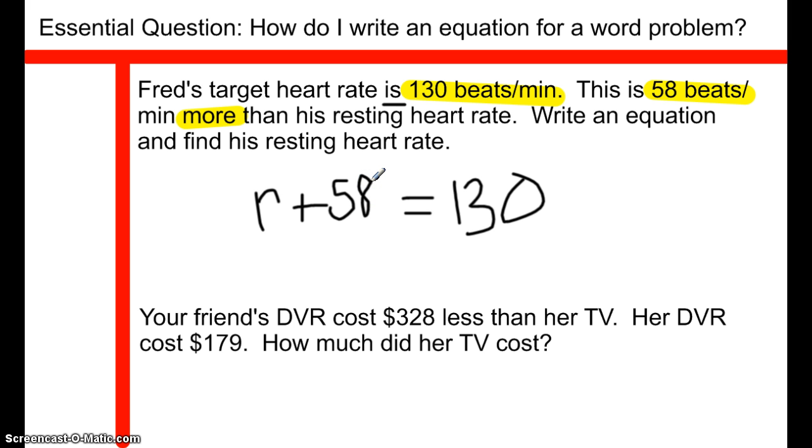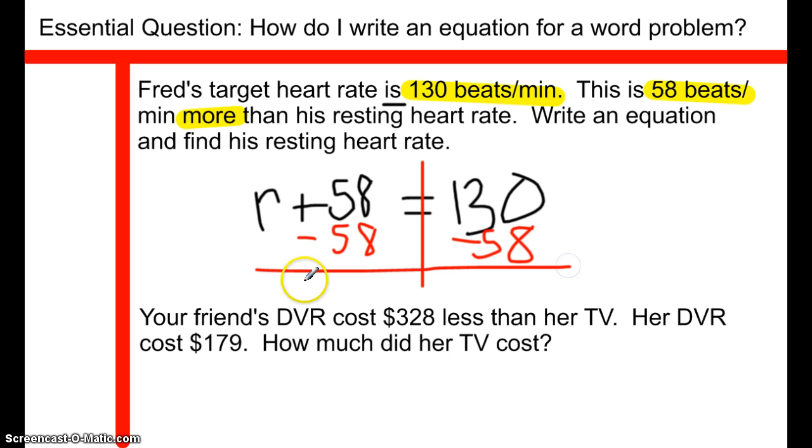Another way to think about it is, hey, I know that I would subtract to find the answer, so in my equation, I'm going to have adding because that's the inverse. So from here, now we've got to solve it. So I draw my line down. How do you undo that? You subtract 58 from both sides. You might have this done quicker than me, so just make sure that you check your answer, you get it right. So what is his resting heart rate? This simplifies out, so I've got my resting down here